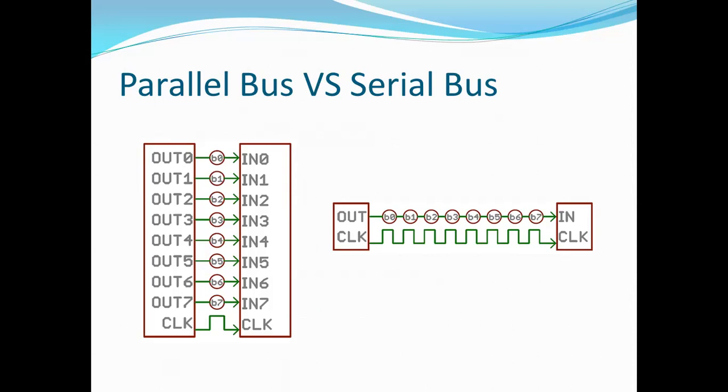In the parallel communication, all the bits are sent at the same time from the transmitter to the receiver. In case of the serial communication, from a sender to the receiver, a bit by bit transmission is done over a synchronized clock signal. Whereas in case of a parallel bus transmission, a clock signal is also there, but